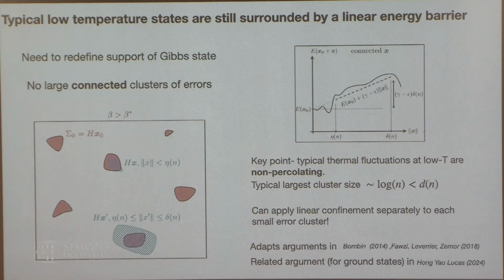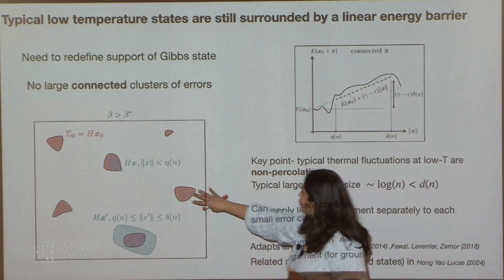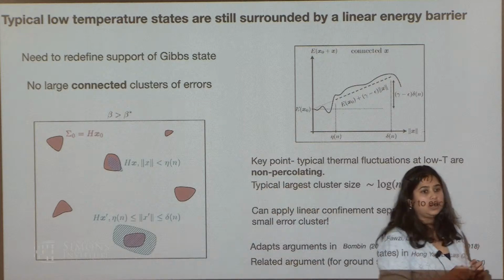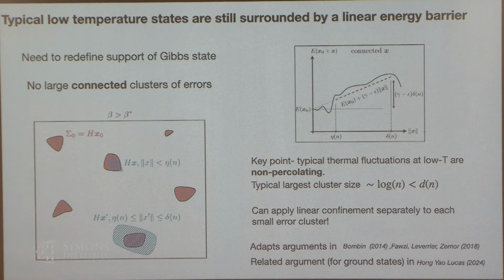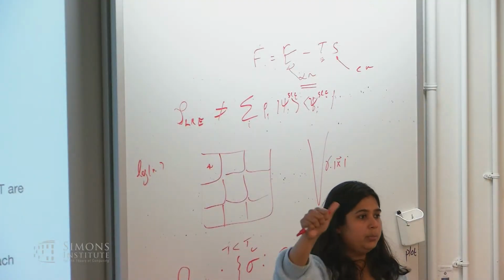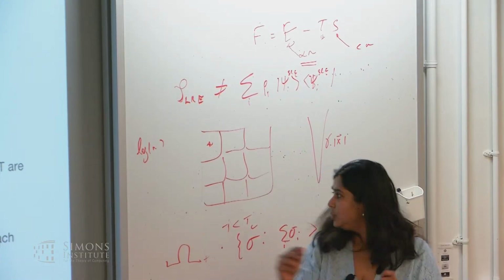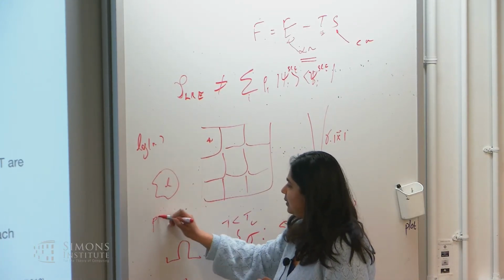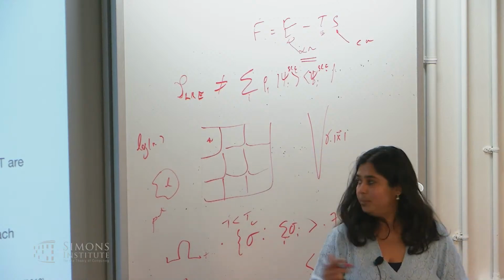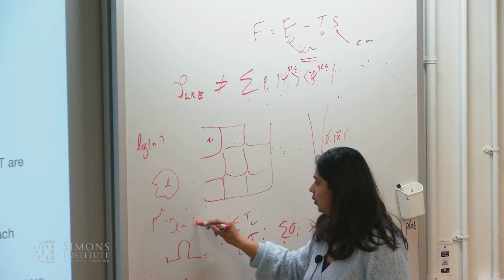Here I'm saved by the fact that visually, just think about what a low temperature state looks like. We can prove all of this, but in a low temperature state you're flipping some spins with very low probability. So if you look at where your syndromes live, they form very small clusters which are non-percolating. The typical size of the largest cluster is only log n, because you can think of it as, is a check excited or not with some probability p independently? The chance to excite some connected blob of size L is like p to the L. So the largest connected blob in a system of size n is roughly log n.